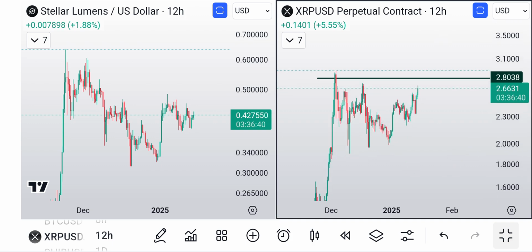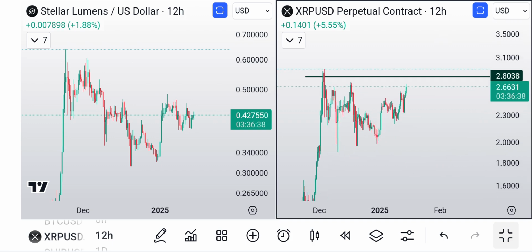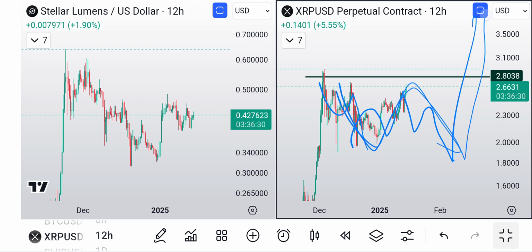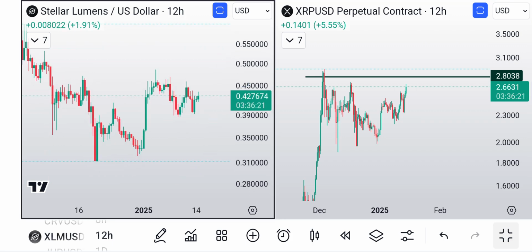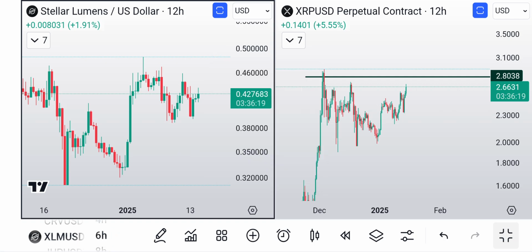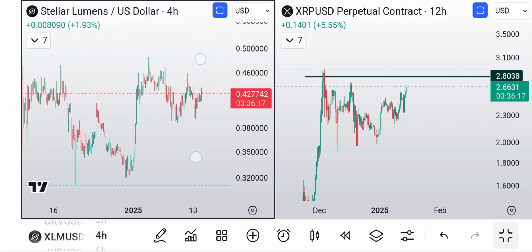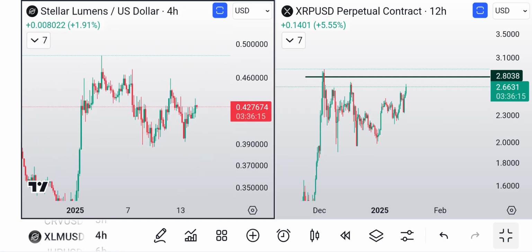But whatever. Or worst case scenario, this is 3 down, this is 3 up, and then we get 3 back down, and then we go up. So it's a bigger correction. Hopefully that's not the case. But yeah, XLM looks pretty good. So if we zoom in a little bit here on this structure,